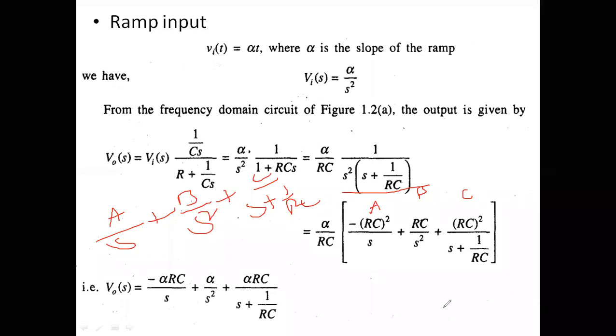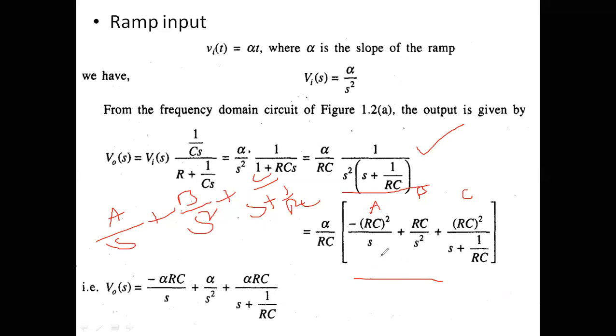I am not deriving once again. Once you try it, if you don't get these values, inform me, I will solve it. Okay. Therefore, these are the A, B, C values. By taking the partial fractions, you may get this expression. For this one, if you take the partial fractions, you may get this expression.